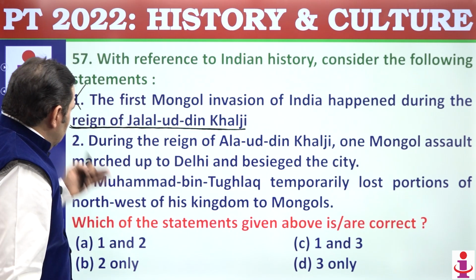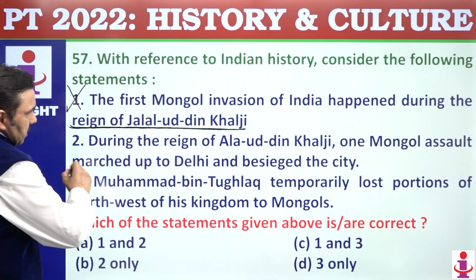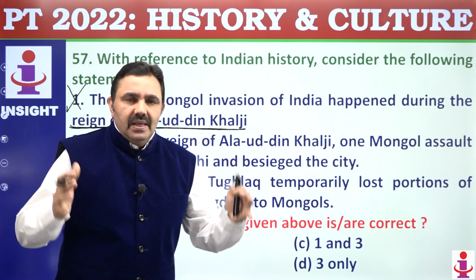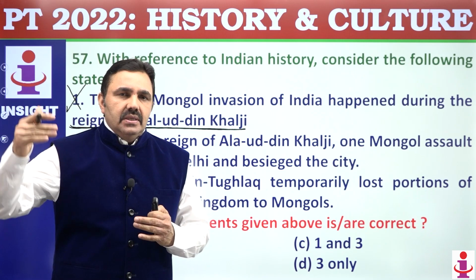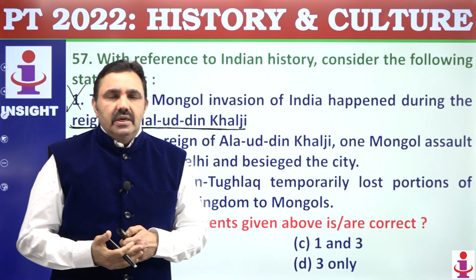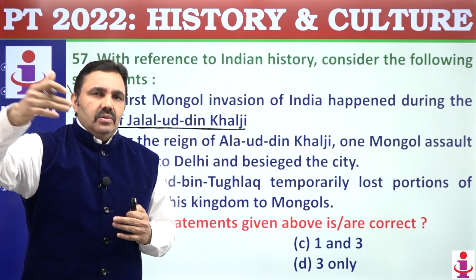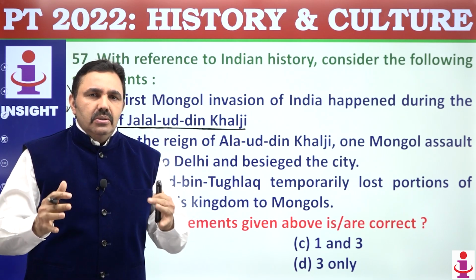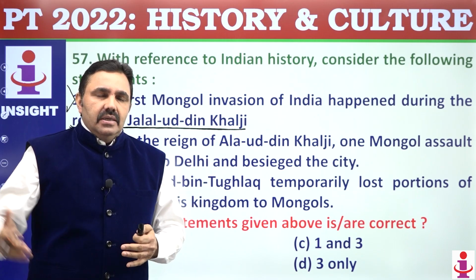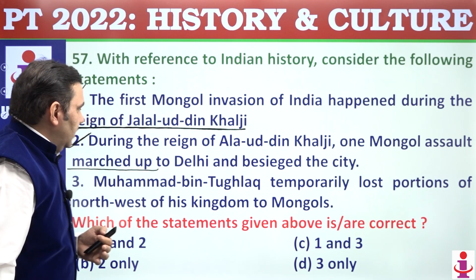Mangbarni. Point number 2, during the reign of Alauddin Khilji, one Mongol assault marched up to Delhi. In 1303, Alauddin was sitting in his fort, Siri Fort. His army was outside Delhi, going for the conquest of Chittor in 1303. And at that time, more than 1 lakh Mongols reached Delhi and they sat around the fort for 6 months. The Mongols did not know how to capture the fort, but the Sultan was under extremely serious threat. The army from Rajasthan returned and then only the Mongols ran away. So that was a very severe threat.